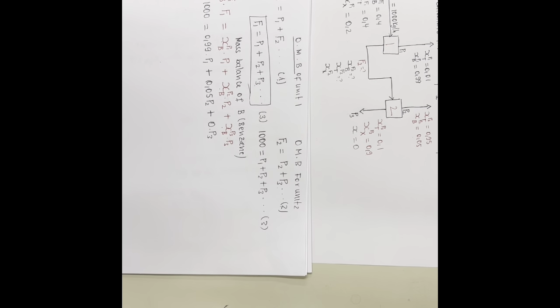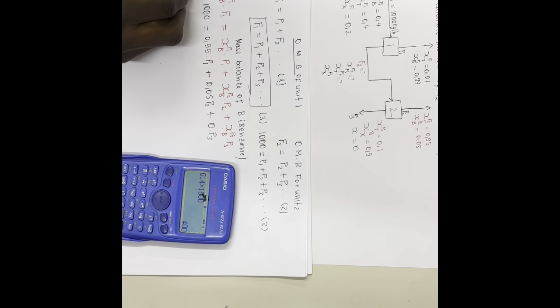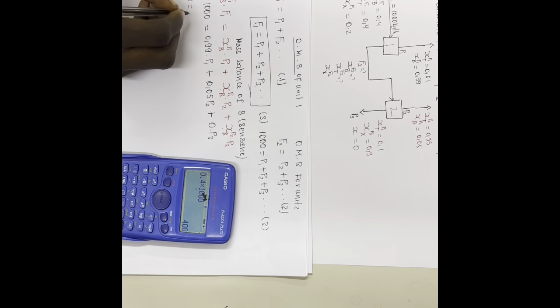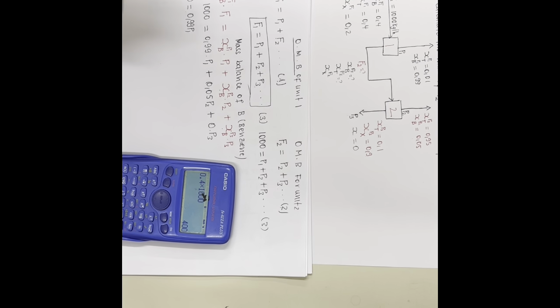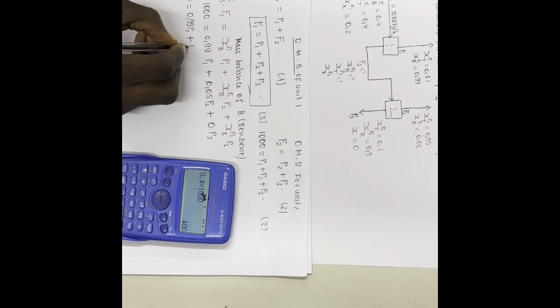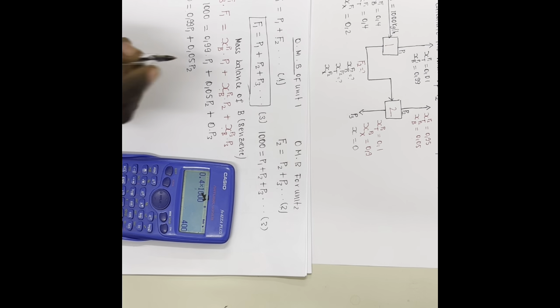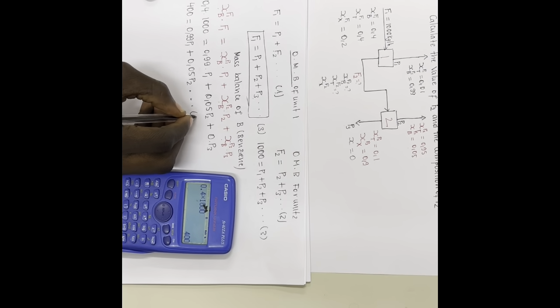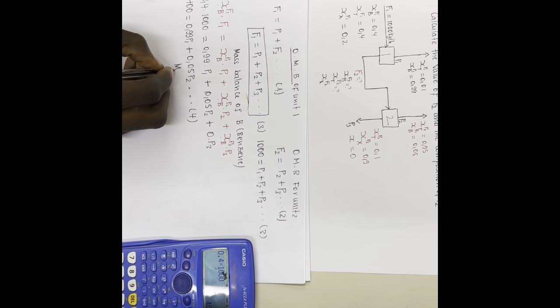So we can arrange this equation. We're going to have 0.4 times 1000, which is 400, equal to 0.99 P1 plus 0.05 P2. And then this 0 times P3 is gone. This equation we call equation 4. So now we can also do the mass balance